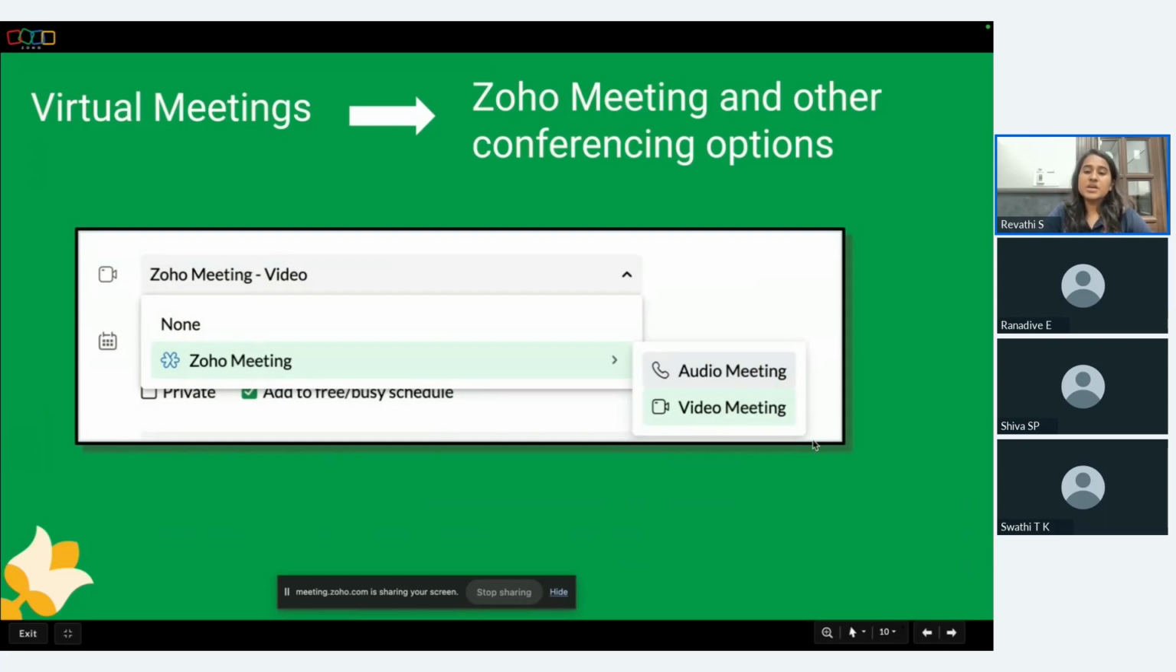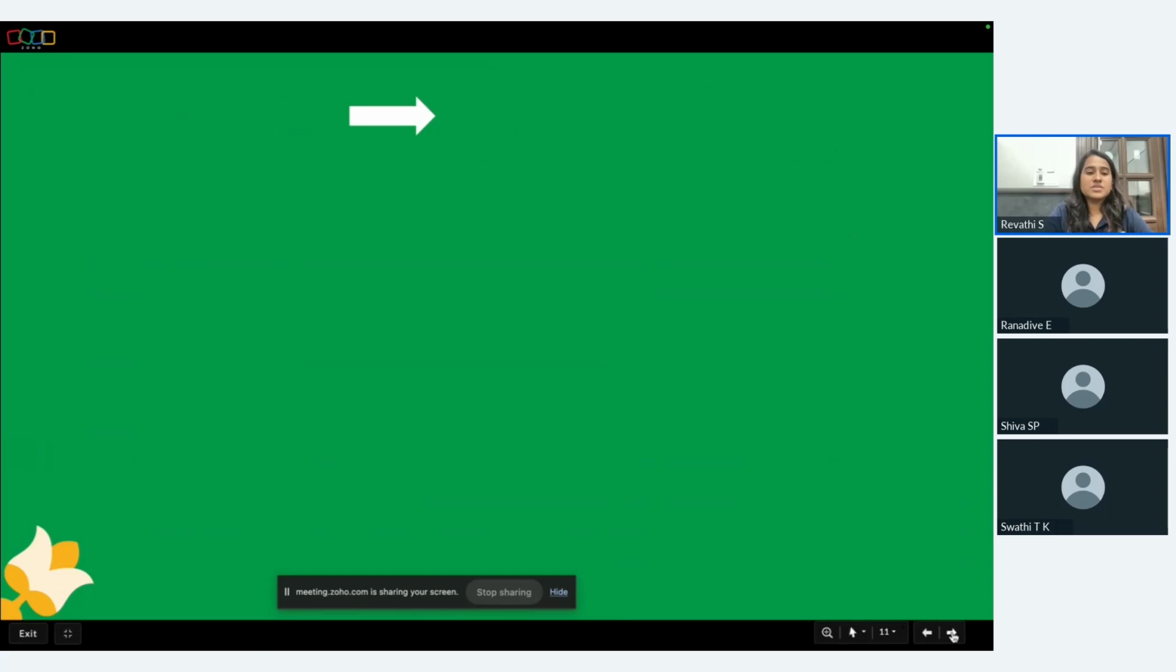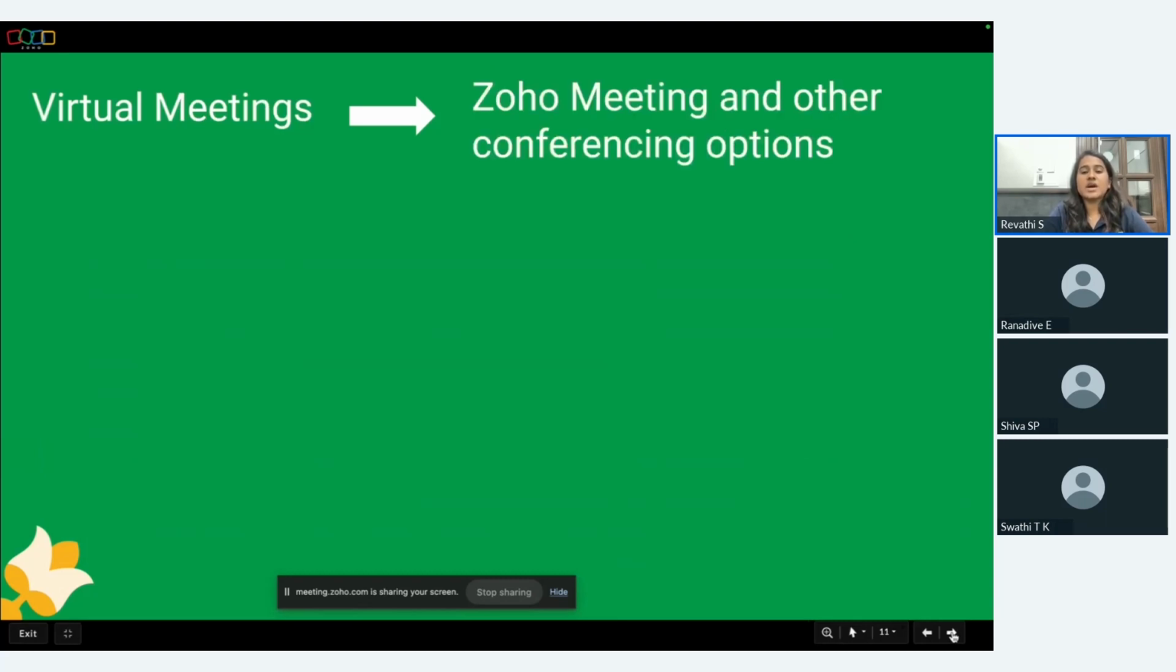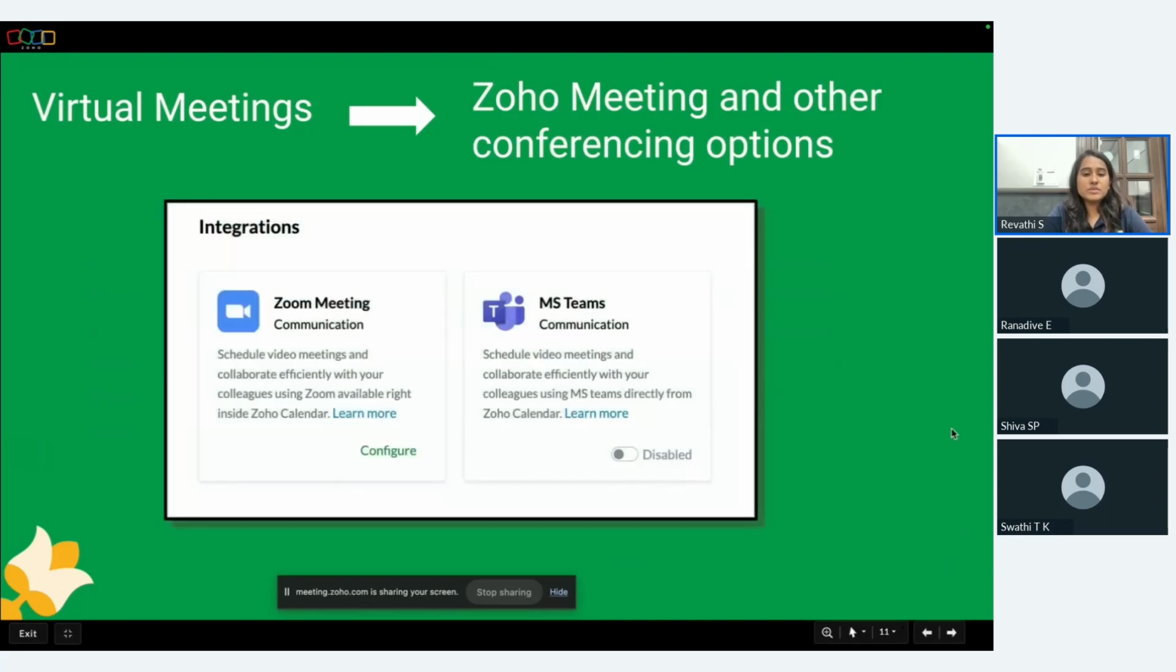With the Zoho Meeting, you can schedule both the audio and the video meeting options. So this comes automatically integrated. You don't have to configure anything for the Zoho Meeting integration. For the other conferencing options, sometimes some organizations prefer other conferencing applications such as Zoom, Teams or Google Meet. So you can also configure those meeting applications in your Zoho Calendar and schedule an event in those applications